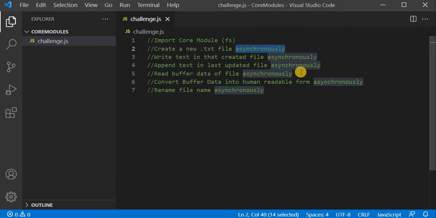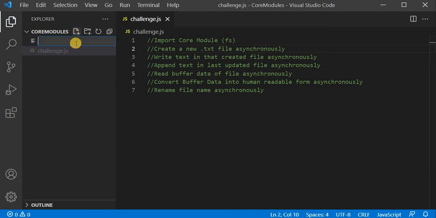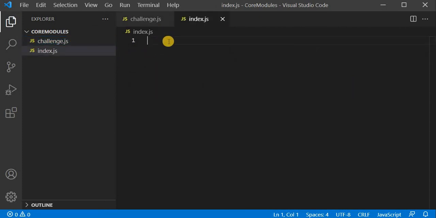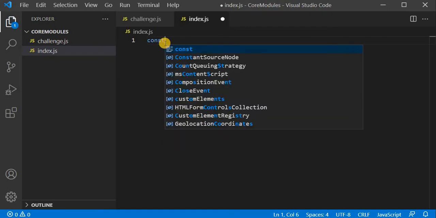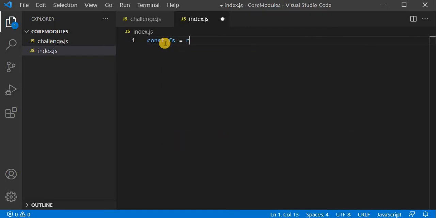So now let's start. Just like the previous video, firstly I will import the FS module. So guys, to import, I have to create a blank file. So I will create a blank file that is index.js. Yes guys, I have just created a blank file. So now I will import the FS module. So I will use const fs is equal to